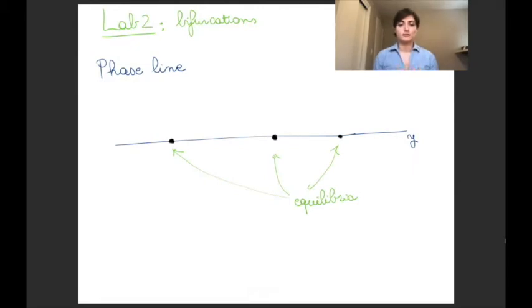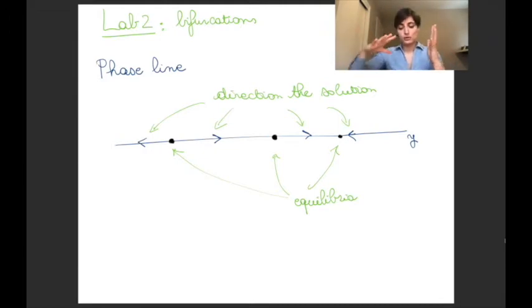First of all, let's look at the phase line. The phase line is a condensed version of the direction field. It's just a line instead of a full field, and what you are plotting are the equilibria that y has, as points on this line, and you want to give information about the direction of the solution. In the same way as in the direction field, you start looking at where equilibria lie,